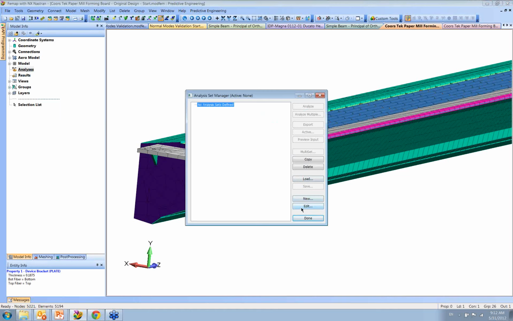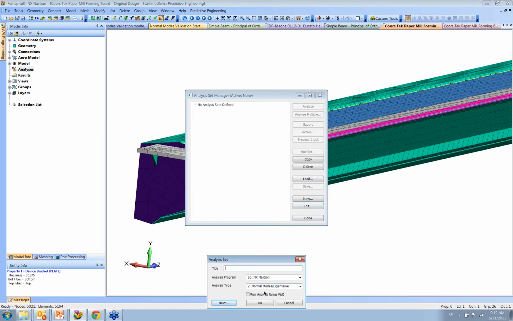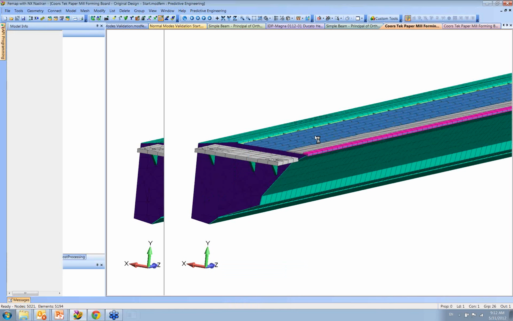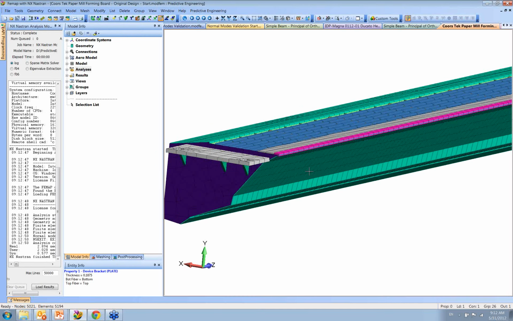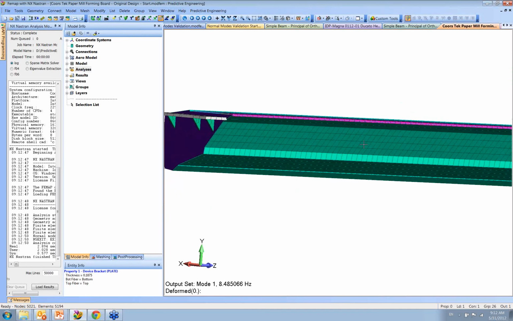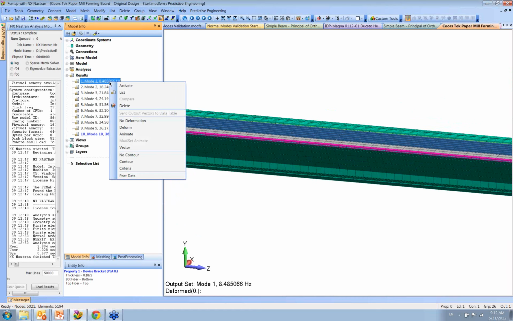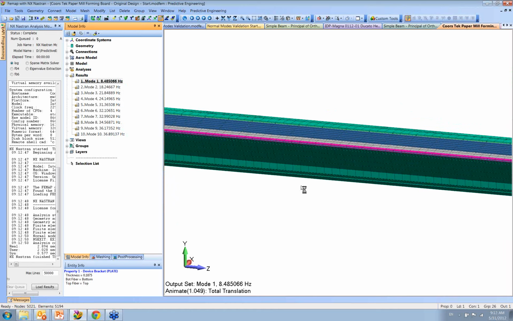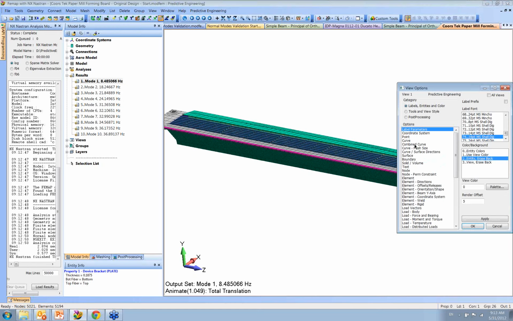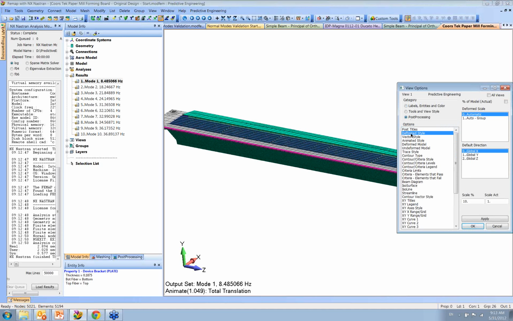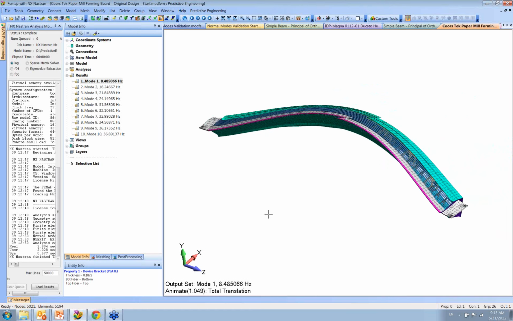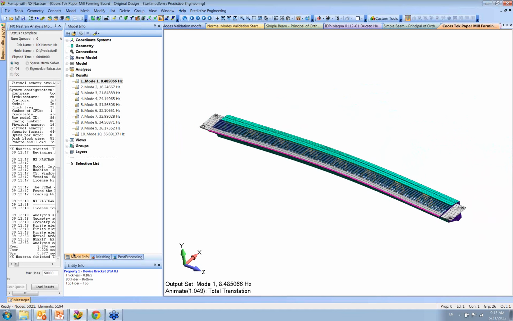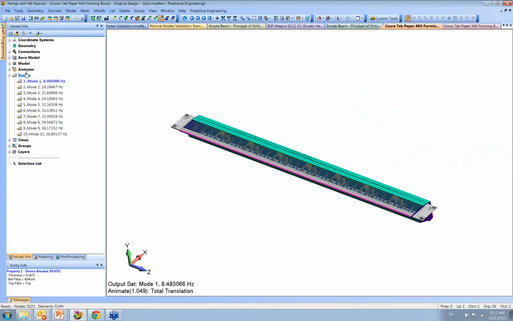We'll just jump in, new. It remembered from the prior that I was doing normal modes. And we were throwing things back and forth, and trying to figure out. This would have been a classic example of somebody saying, well, gee, don't you have an optimization program? I've got to set it up, deform style. And when you do normal modes, I always do percent of model, 10%, like that. So there's our first mode, 8.4. And we screwed around with it for a long time. And I'll show you what I mean.